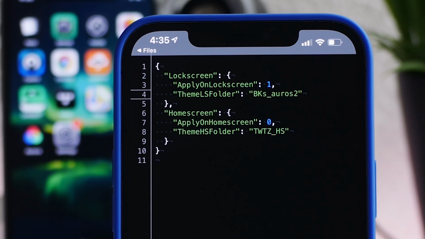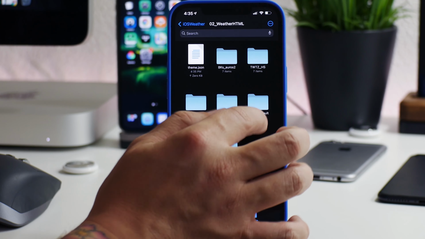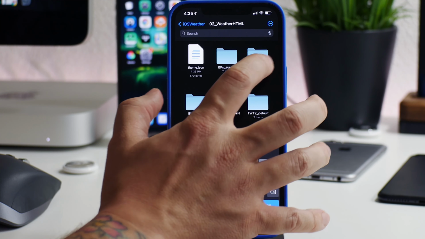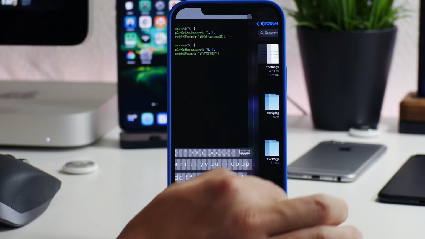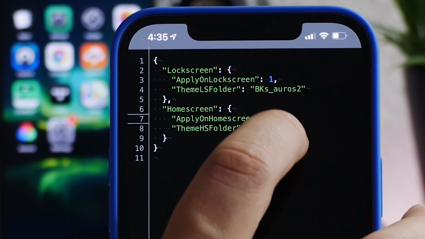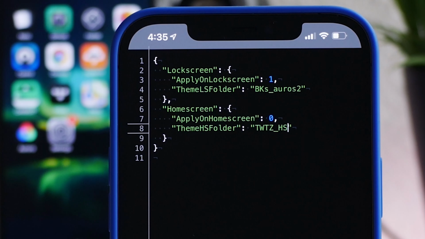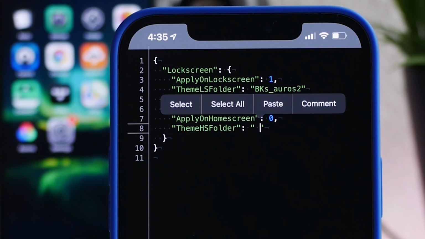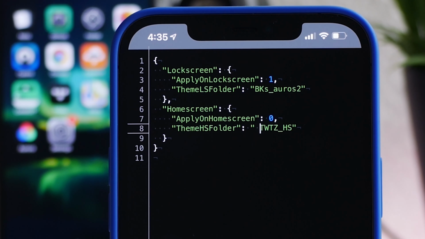So we have done the lock screen. Now I'm going to do the home screen one. Again, same process. Click and hold on the folder, rename, click on the name, copy, click done. We'll go back to here, and again, I already put the name there, but I'll just redo it so you guys can see. And I'm just going to move the cursor there, delete that. I put a space only because it helps me click paste in between the quotations. Paste, and now the space is at the beginning. So we need to get rid of that